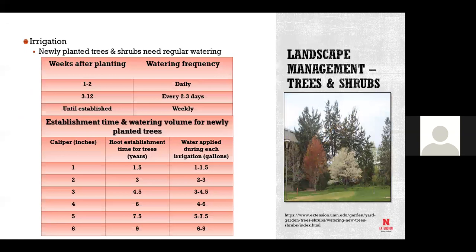So here's a good little chart out of Minnesota that, if you have something newly planted, is kind of an example of what you would need to water to get those plants established. We get that question asked all the time. We're going back to our group of water that we had, our category water and irrigation. Know how much irrigation is going on. You need to be able to figure that out. But I don't think most people, when they plant, actually water sufficiently for those new plants. So after 2 weeks, you should be out there watering daily.